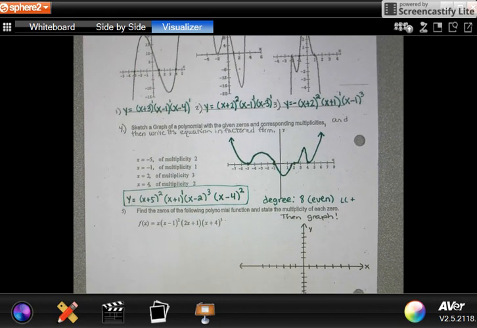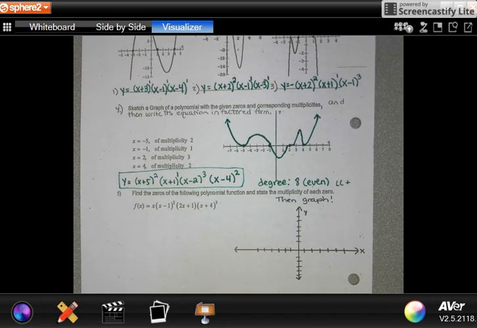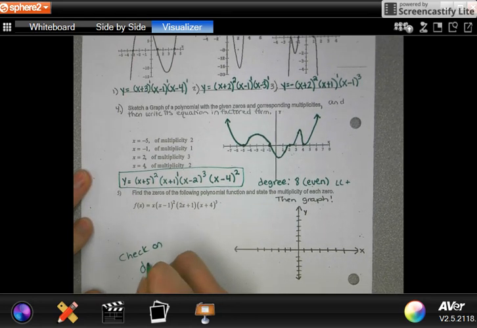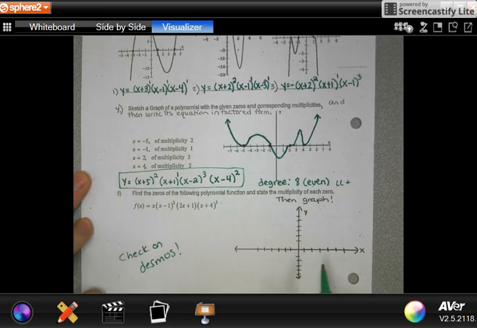So what I want you to do is try number 5 on your own. And then what you can do is check my notes key under the notes folder to see if you graphed number 5 correctly. I'm going to put number 5 on Schoology with the correct notes. Actually, you know what? I'm not going to do that. Throw that in Desmos. Put it in Desmos and see if your graph matches the one on Desmos, okay? And when you're done,